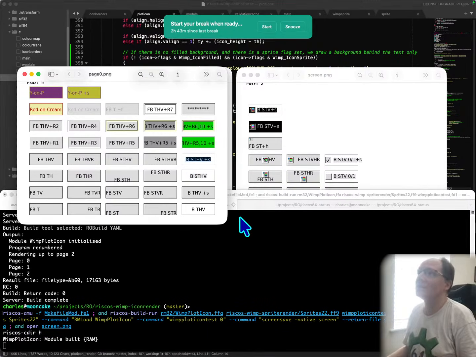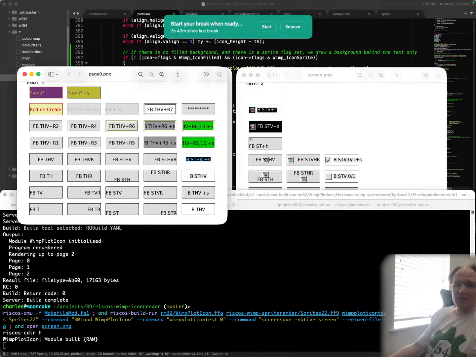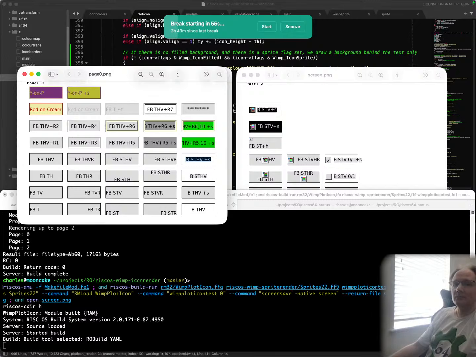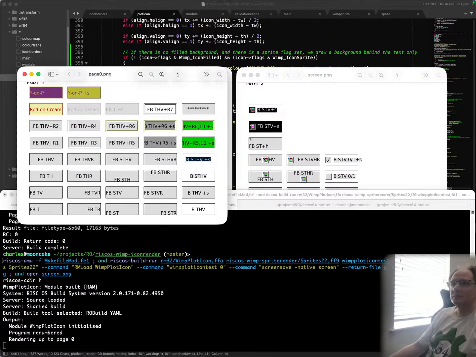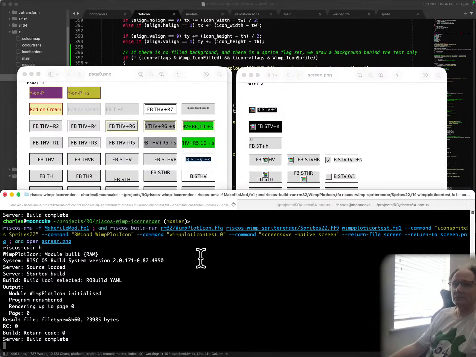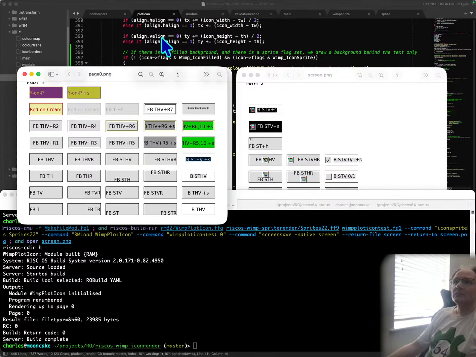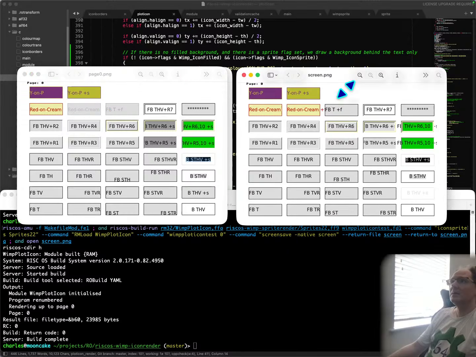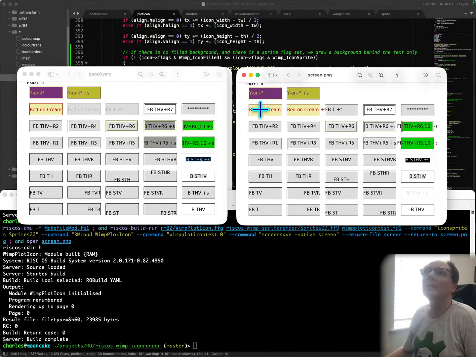It's like text. That's quite cute. Is what's coming up there. Page 0, there's the screen, and right, yep,